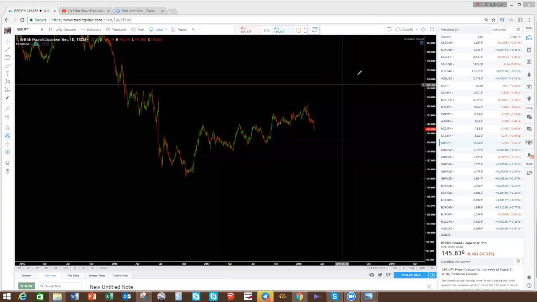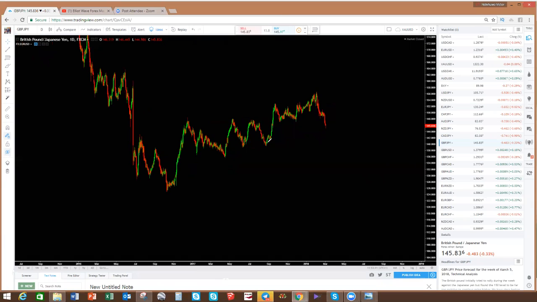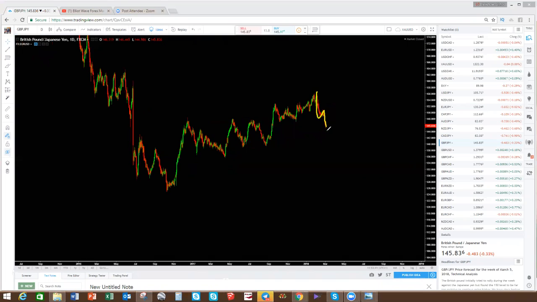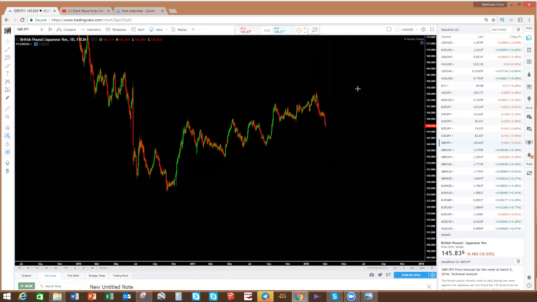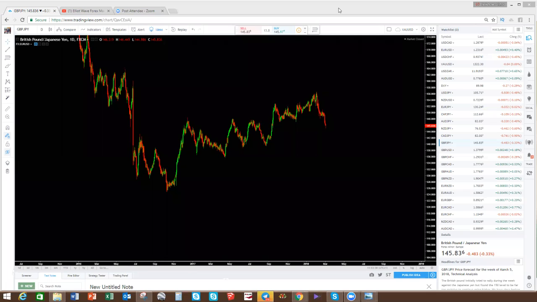So what I am looking at on Pound JPY is that we've ended this up move, and now we're getting these 3 waves, very sharp 3 waves. And if these are sharp 3 waves, you need to get a sort of shallow correction before you get another move down. So wait for a shallow correction. This will do this: 1, 2, 3, shallow correction. Then you still take it down, okay? That's Pound JPY. The rest of the pound pairs,